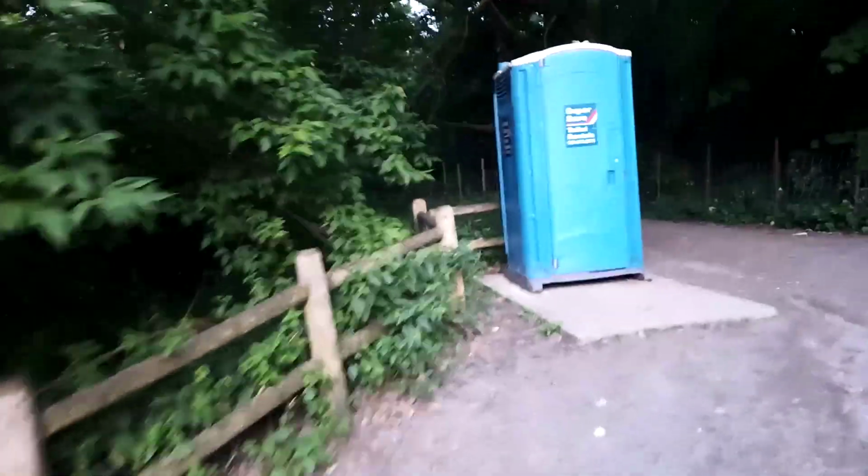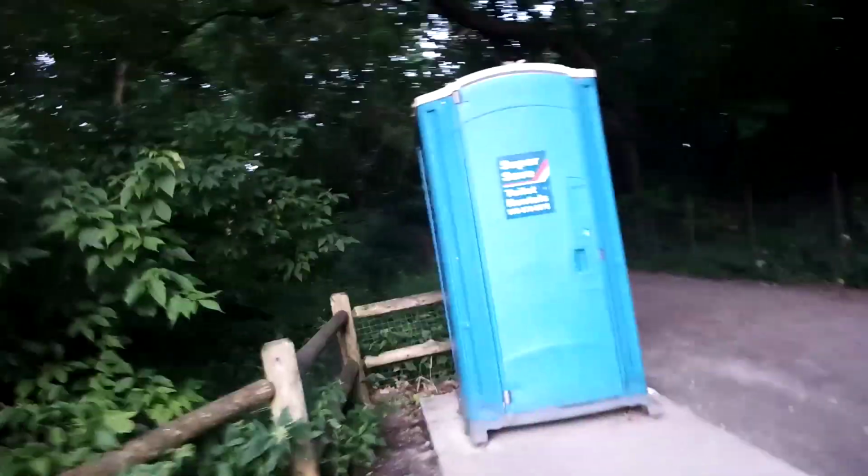Look, there's a porta potty. Yeah, man. You're gonna use. Want to hold your coffee, dude? Perfect. I can just set it down here, and I just put this